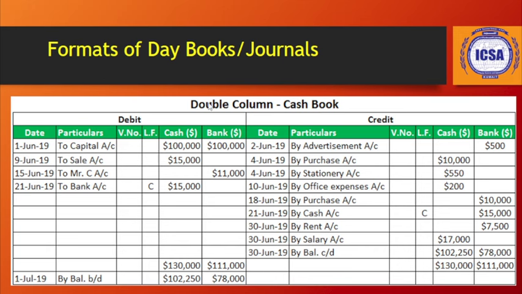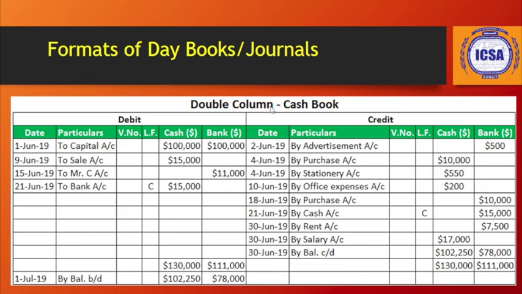And this first format is of cash book. Cash book is a book of prime entry, and at the same time it's a book of double entry as well, because we can see that it records all debit and credit entries of cash and bank in the same book. That's why it is a book of double entry. And because these transactions are recorded for the first time in the cash book, any cash transaction, that's why these are called